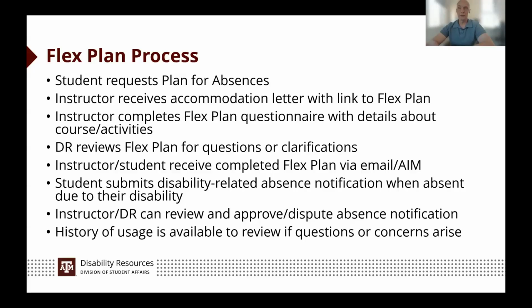Like, this is a concern. How would you handle this with another student?" Or, "Instructor, you're totally right. We can't advocate for this." The problem that would happen in the past, and why FlexPlan becomes and continues to be so important, is that we would often get brought into conversations weeks, months after these situations happened. And this allows us to be a partner in solving problems in the moment so that you and your student can both move forward successfully in the semester.